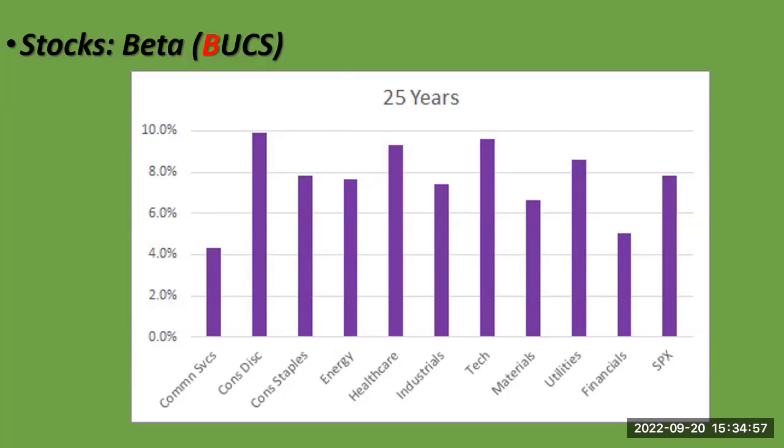There is some overlap between beta and growth and value. People tend to think of growth stocks as being higher beta and value stocks being lower beta. That's not always true, so we'll have to make sure we're not confusing that. But this is what you have to do in the investment world. You got to set up your client's portfolio. Are you going to go high beta or low beta right now? If you think the markets are bottom, then you want to go high beta and take the recovery. If you think we have another leg down, then you want to do low betas.